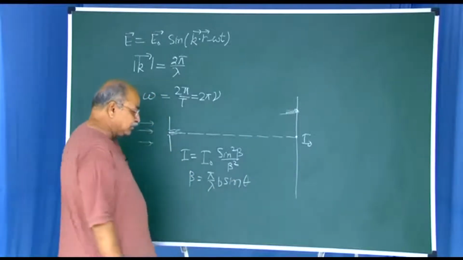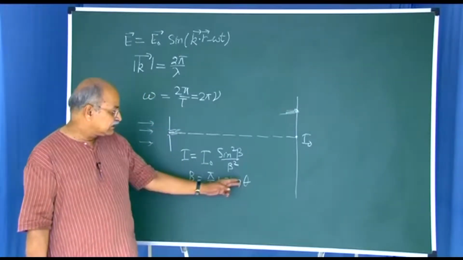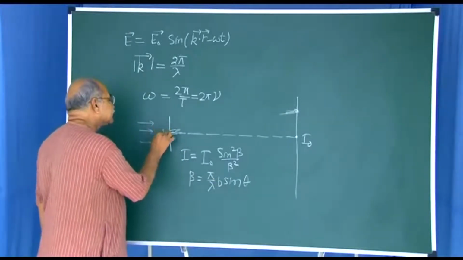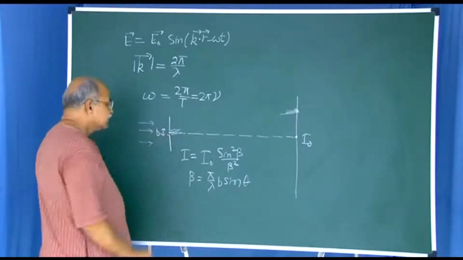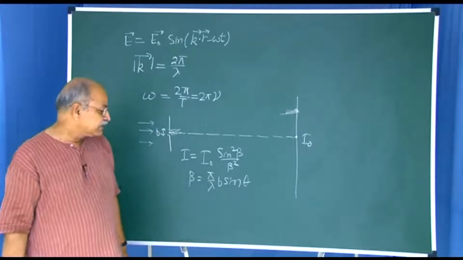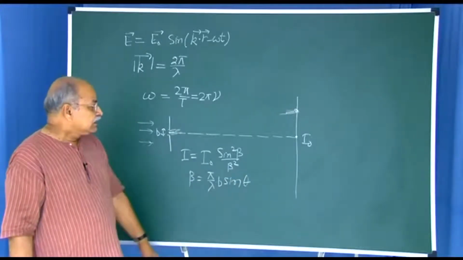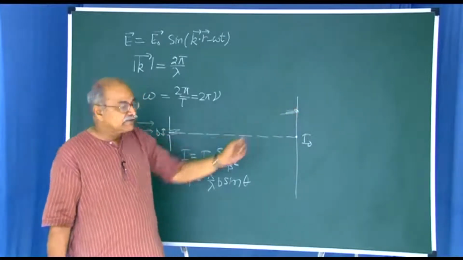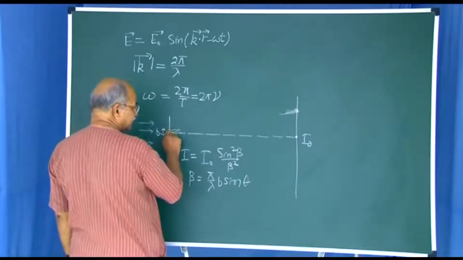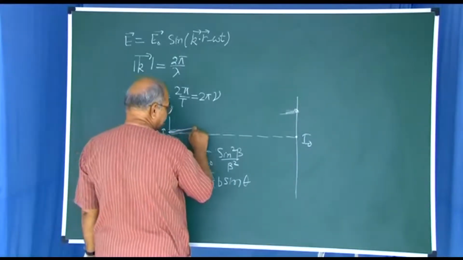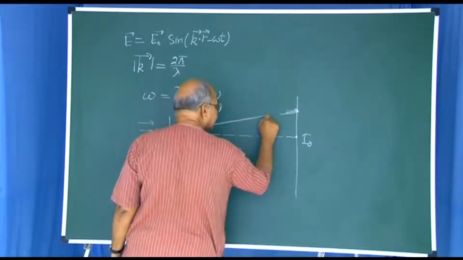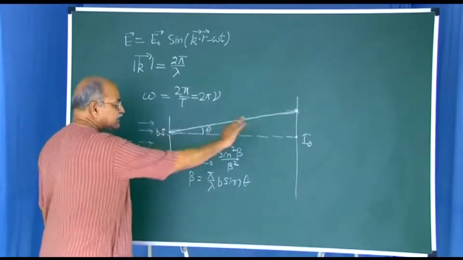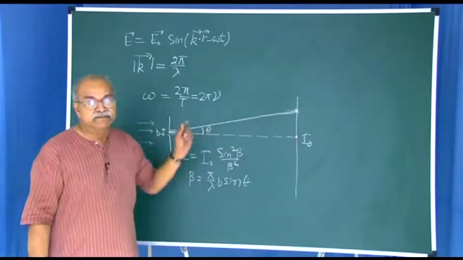So, I have introduced two new parameters b and theta. And what is this b? b is the width of this slit, this width. This is known as b. Lambda is of course the wavelength. And what is this theta? If you are looking for the intensity at a certain point, and if you join the middle point of the slit to that point of observation, the angle made by that line with this symmetrical line is theta.